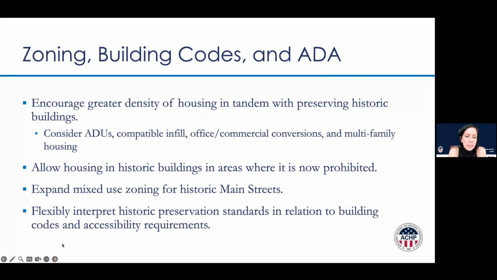Building codes and accessibility requirements. I'm sure many of you have in your own practices seen that sometimes there are conflicts. So when building codes say, well, you have to have this stair, or you have to comply with this level of energy code and energy efficiency, historic buildings sometimes are exempt. The building inspector may not know. The same is true for compliance with the Americans with Disabilities Act. We put our thumb on the scale in the policy proposals on accessibility.